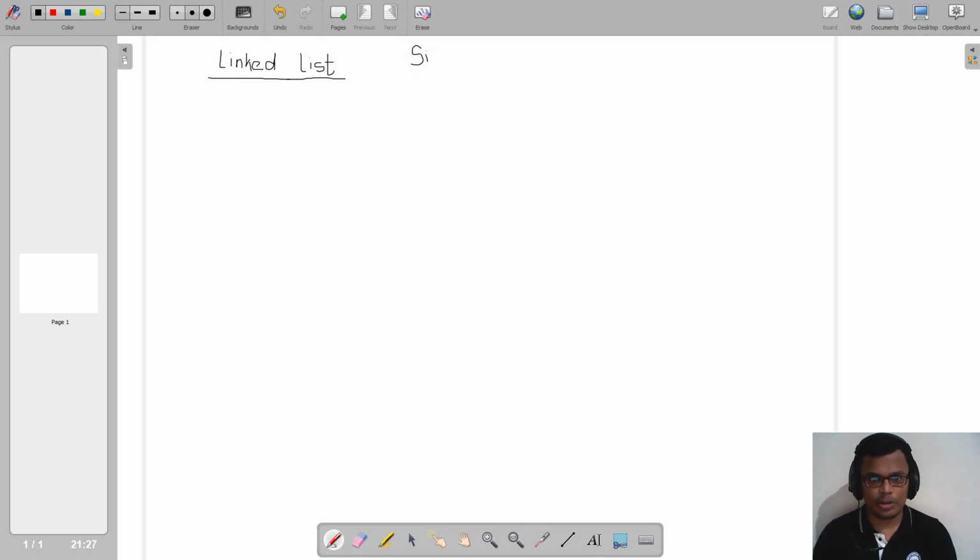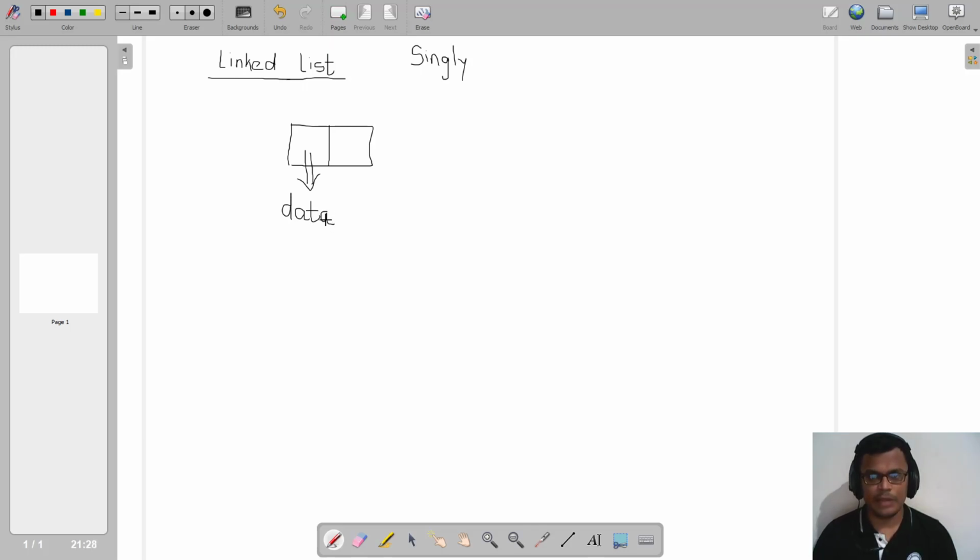So our today's topic of discussion will be dealing with the first type of linked list, which we call singly linked list. This singly linked list will be a collection of nodes, and the node in a singly linked list is said to comprise two parts. One part of that node is said to have data. Now this data can be of any data type.